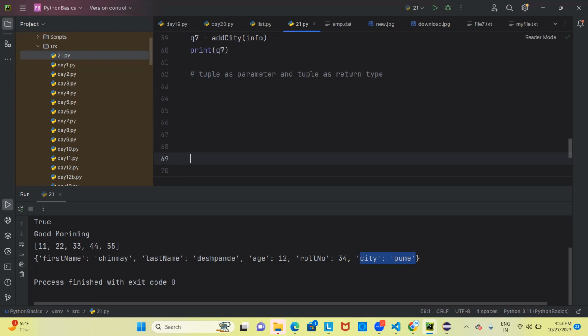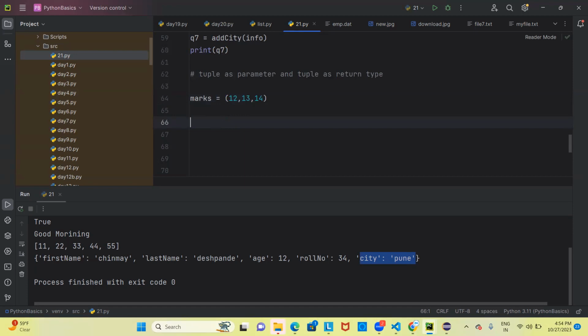Let's say, for example, you have a tuple where you have marks, and marks is 12, 13, and 14. So this is a tuple. And let's say from this tuple,